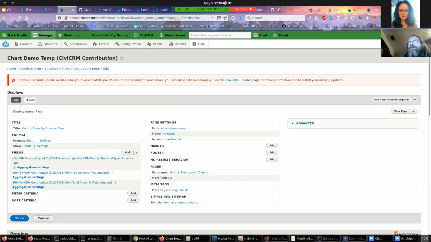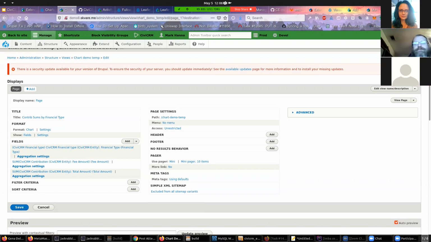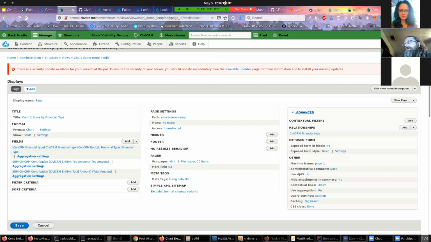I've got a view. You see the base table is CiviCRM contributions, so we're just listing contributions, and it's pretty simple. And one could get much more advanced with the filtering and different things. So, let's say if you wanted to have an exposed filter to get a chart for any period of time. So maybe you want the aggregate sum of contributions for a month or a year. And one could easily do that by adding an exposed filter with contribution date that came in. And you'll see here that